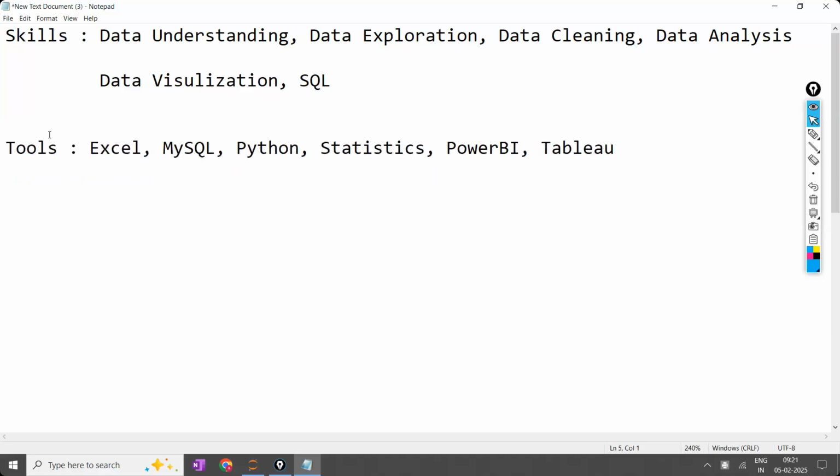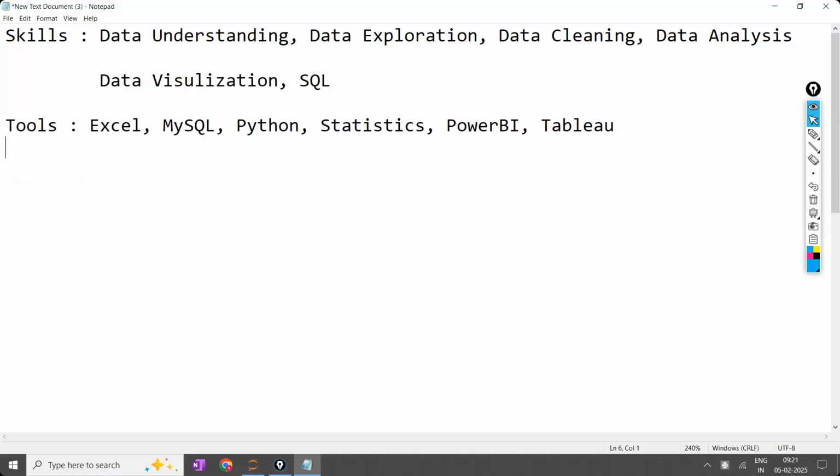Using the skills and the tools, you have gained experience. What is the experience? Projects. You know end-to-end projects. We have completed some end-to-end projects. That is your experience.